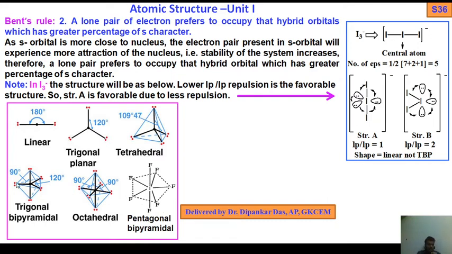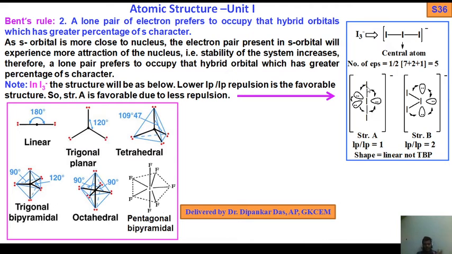Okay, here I have some structure shapes. This is the tetrahedral shape, 109 degree 28 minutes. This is the trigonal planar structure, 120 degree. This is the linear structure, 180 degree, like CO2. This is the octahedral structure. This is the pentagonal bipyramid structure, you don't need this unless you are interested. And this is the trigonal bipyramid structure. These are the 3 equatorial positions. These are the 2 axial positions.